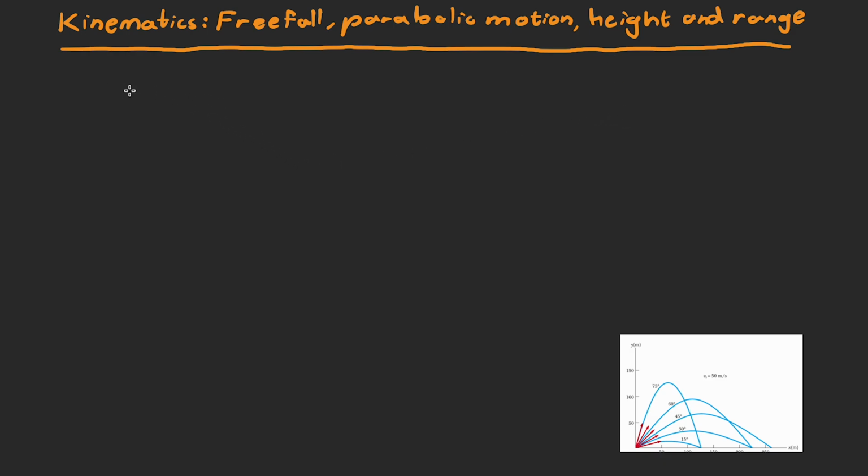In this video we're going to continue with the general topic of kinematics, but we're going to cover the subtopics of freefall, parabolic motion, height, and range. So, what is freefall? Actually, before explaining what is freefall, let's get into explaining what the gravitational constant is. The gravitational constant, or showcased as small g,